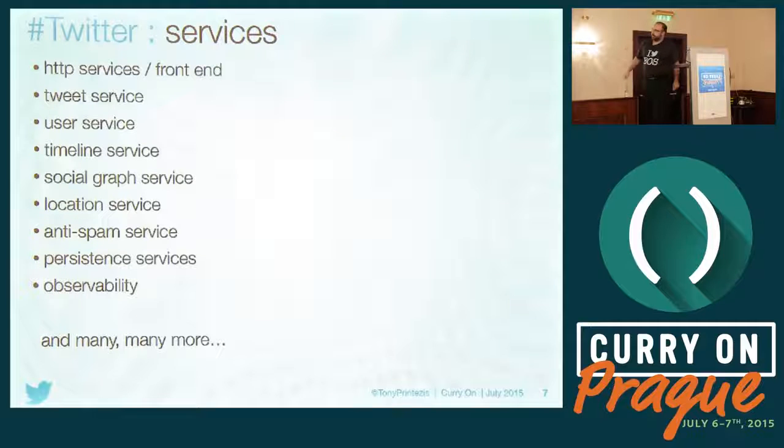These are some examples of services that we have, like HTTP services front end, like what to send to the website or what to send to the mobile app. Tweet service, when you tweet, what happens to it? How it's distributed throughout your followers. User service, user information, any other service that needs to find out something about you queries the user service. Timeline service, for anybody who hasn't used Twitter, timeline is basically the series of tweets that you see, from all your followers and stuff. Social graph service, who follows who, who's blocked who, right, etc.